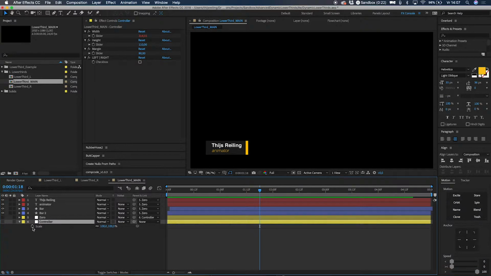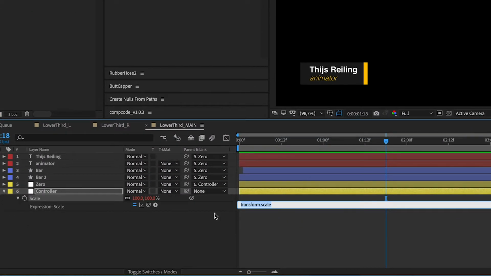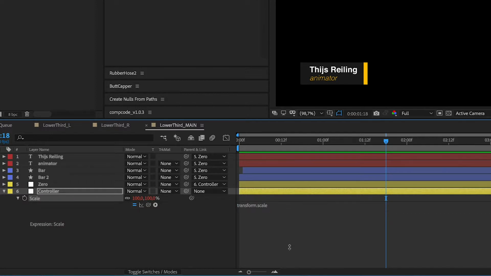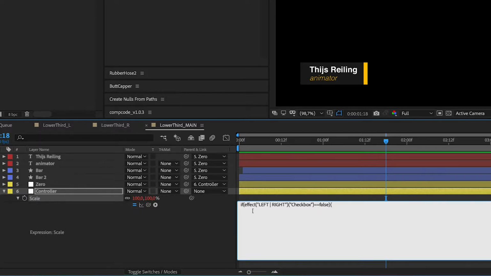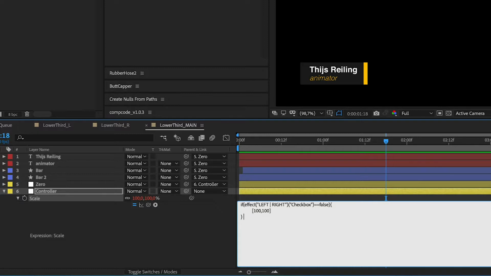So let's open up the size of the controller layer. This time we add an expression to insert the if else statement. If, open bracket, pick whip the checkbox, double the equal sign, false, close bracket, open squiggly bracket and press enter, press tab, open the square bracket, 100, 100, close the bracket, press enter, close the squiggly bracket, type in else, open the squiggly bracket and press enter, press tab, open square bracket, negative 100, 100, close the bracket, press enter,